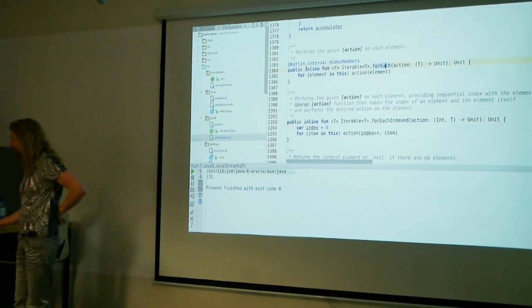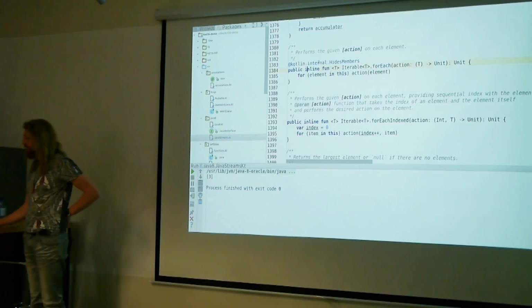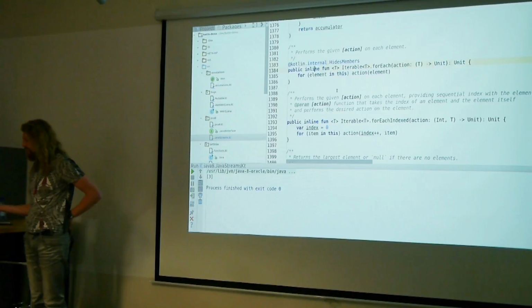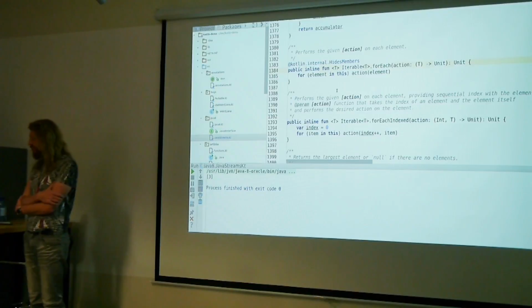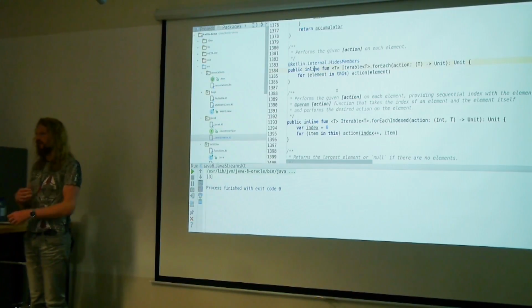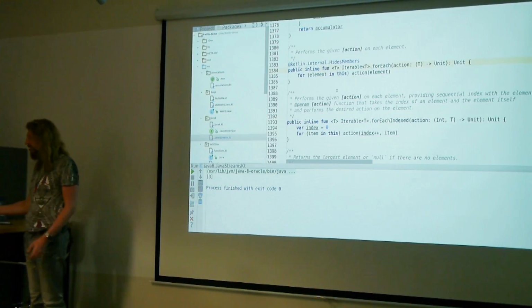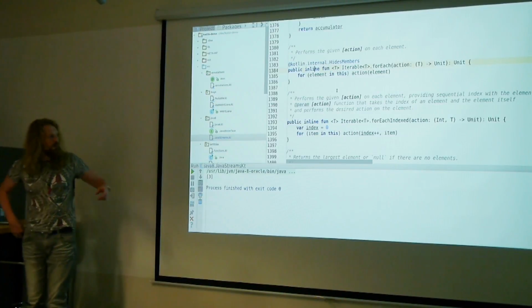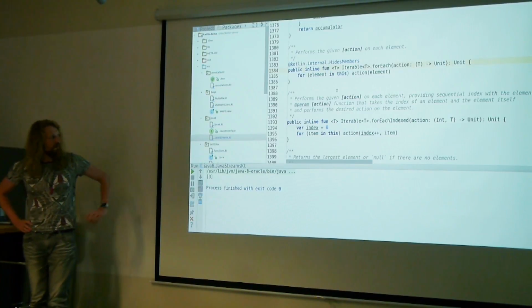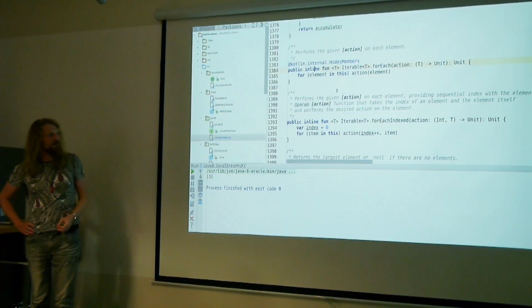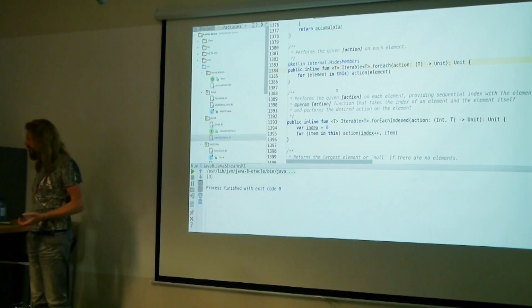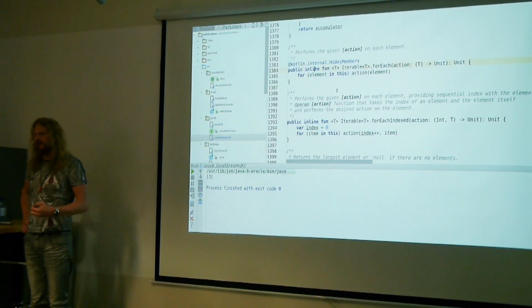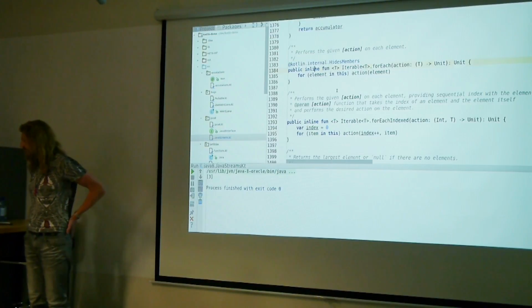And the other thing here is that you can see that all the functions are inlined. So inline here means that in runtime this function does not exist, and the compiler will replace your call to forEach with the body of this function. So it means that in runtime there will be a simple for loop, like you can see there, which is very well optimized by the HotSpot JVM, unlike the streams API, which is optimized a little bit less.